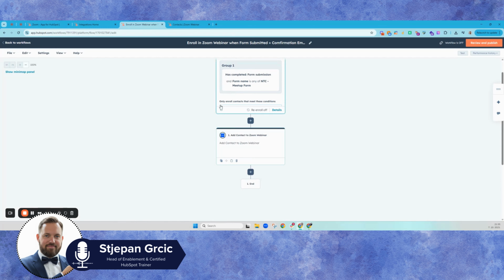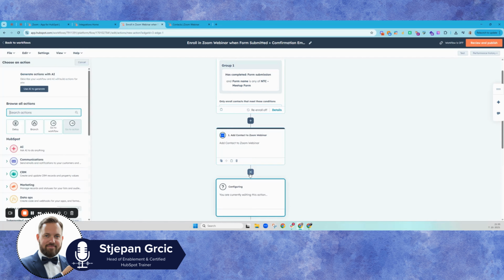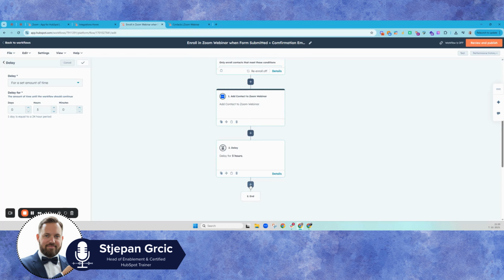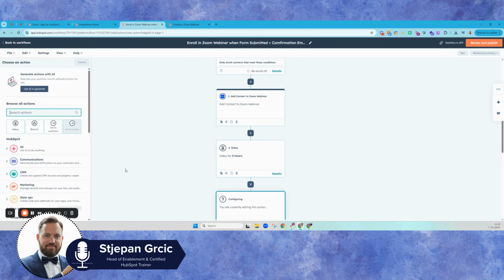Now once we have that, we want to set up maybe an email confirmation that is directly sent by us, like your organization. What will happen when you enroll somebody here? They will automatically get an email from Zoom. That's automatic. But maybe we want to set up a delay, let's say 2-3 hours, and then we add a marketing email where we are providing even more value to somebody,